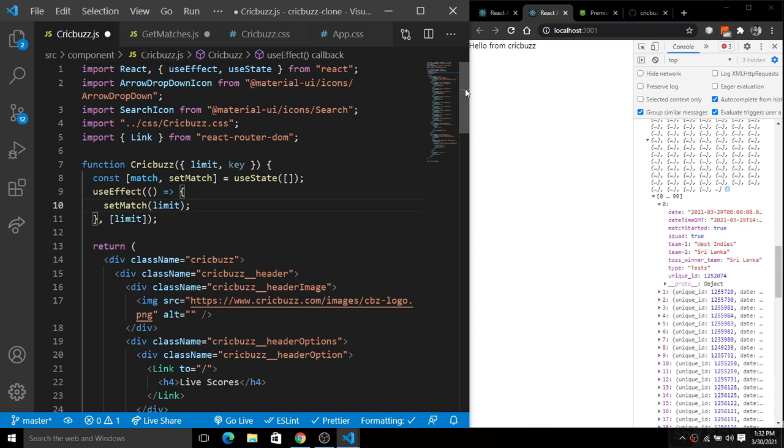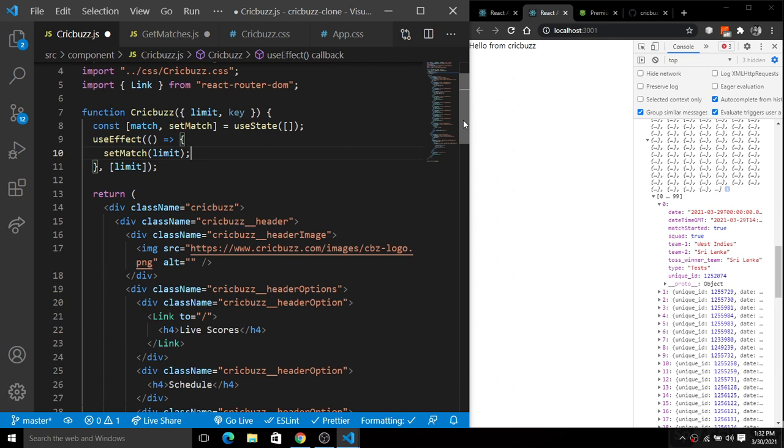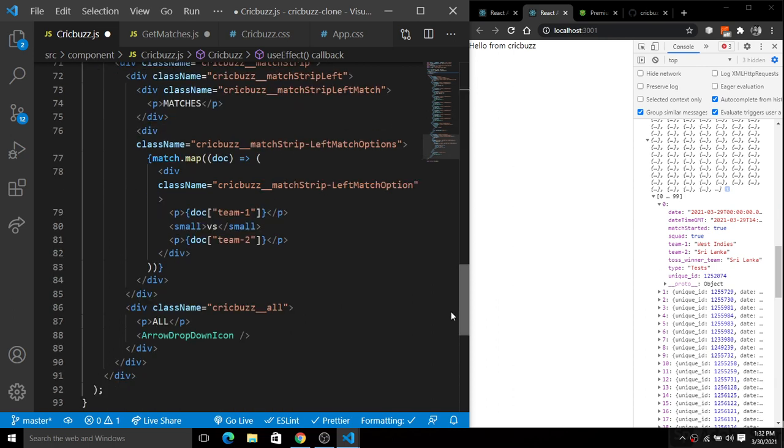You will get the link of the GitHub repository for this clone in the description, so you guys don't have to worry about that. Next, I'm going to simply scroll from top to bottom. You will see we have the live score, the schedule, the player search, news, series, teams, videos, rankings, modes, and everything here, right? Next, we have a strip here also.